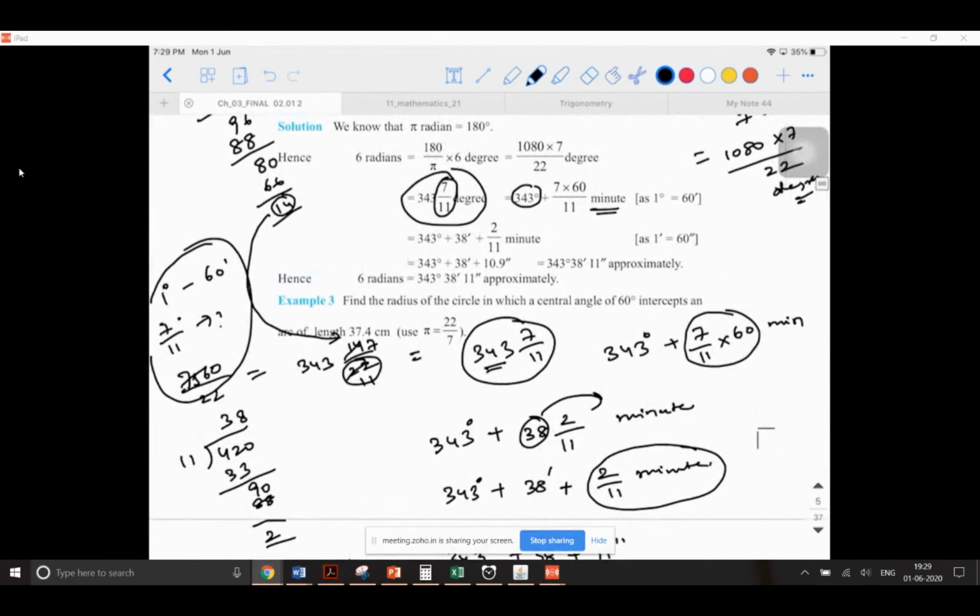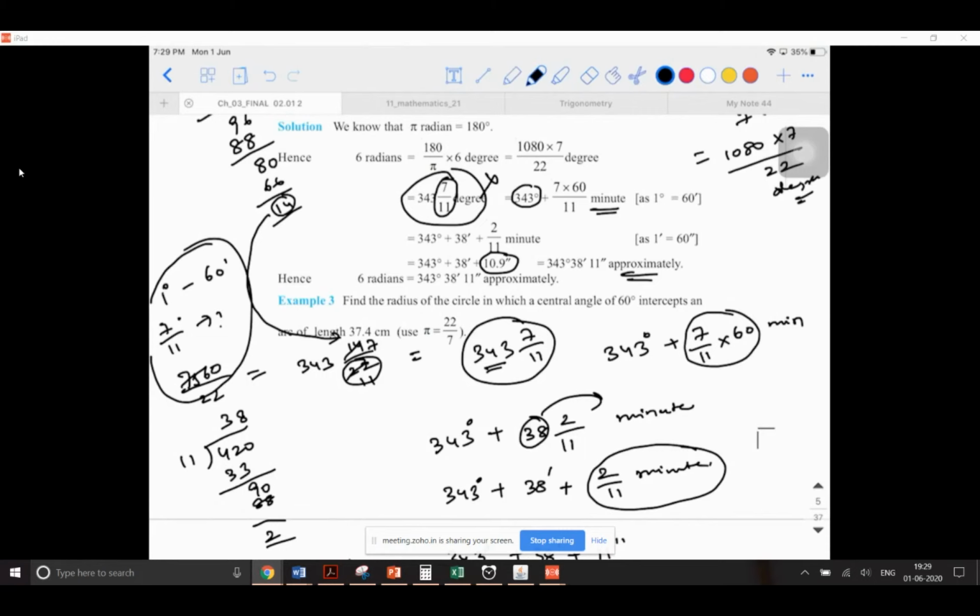Okay, you cannot stop it with this step. See, you have to come to this step. Seconds also is coming in fraction. No, you can stop it. That is where you can approximate things because you don't have any subdivision of seconds. Okay, but at least starting with degrees, you need to end it with seconds at least. Okay. So I hope it is clear.